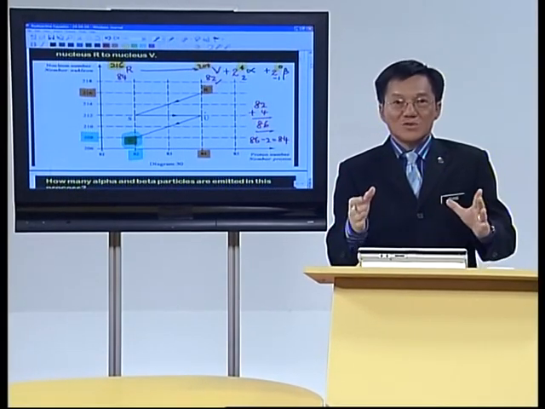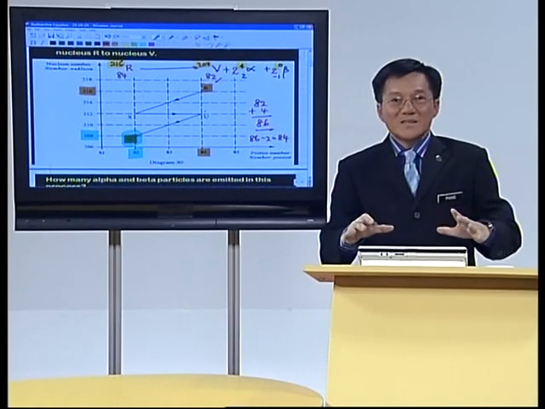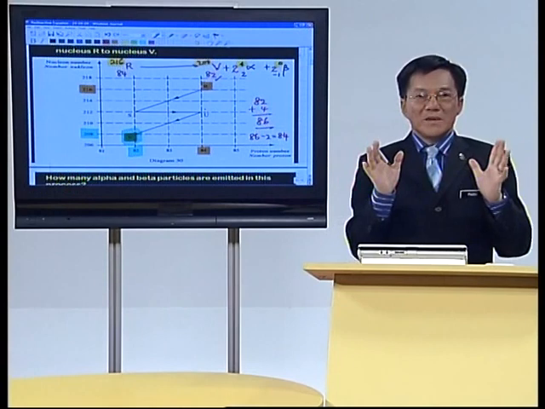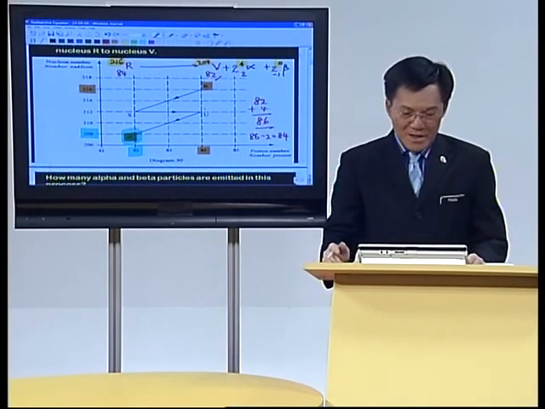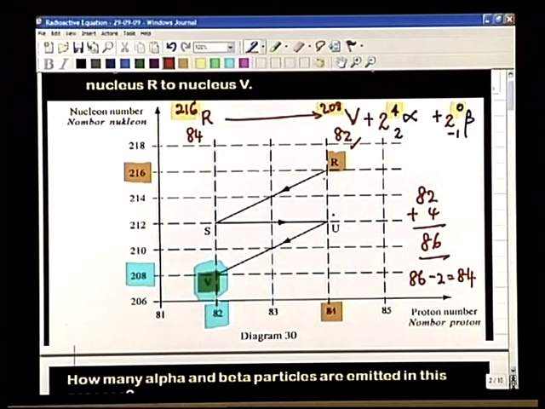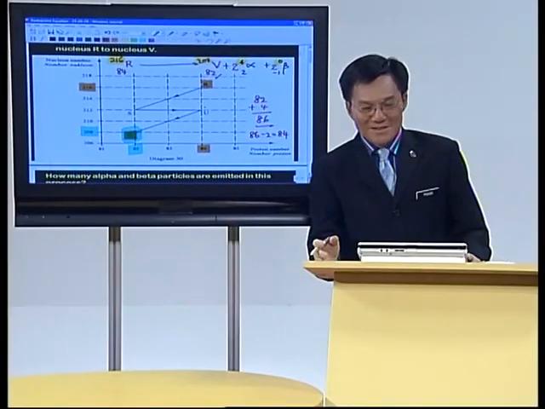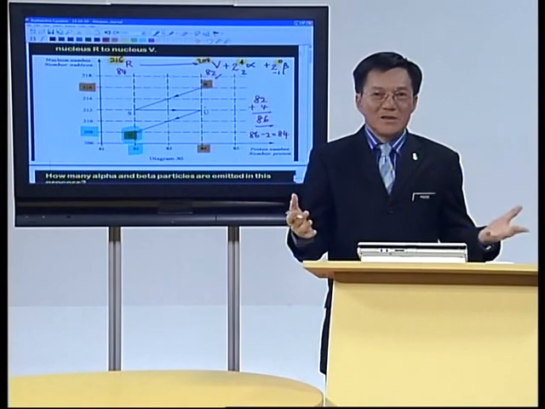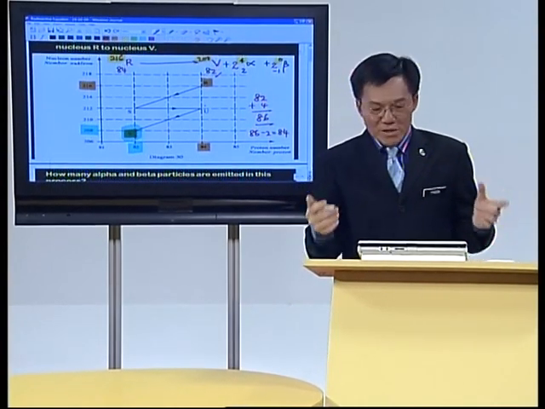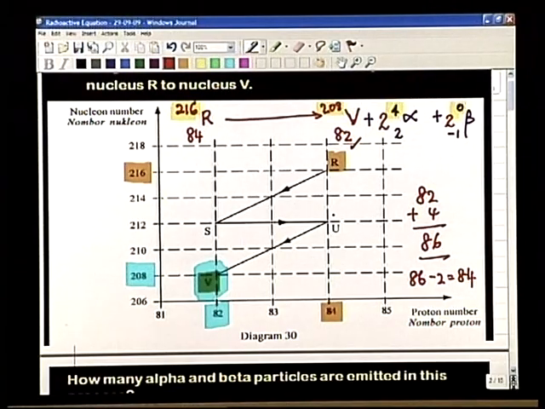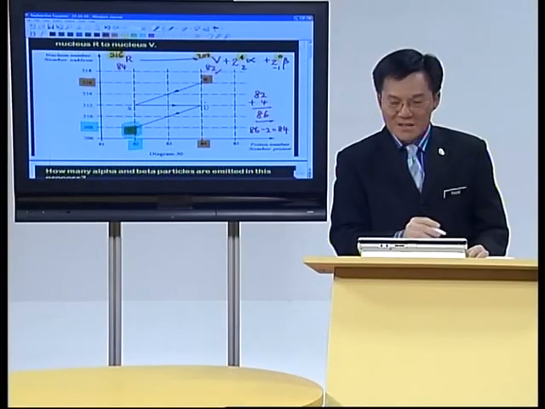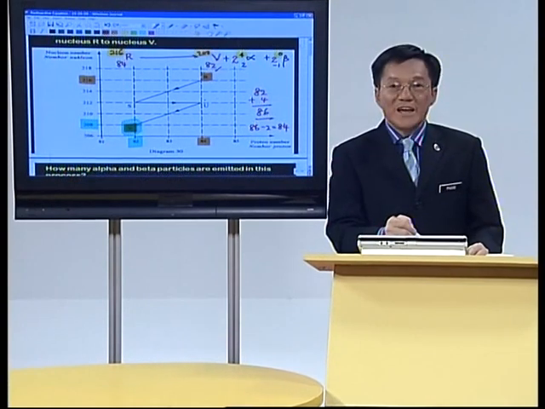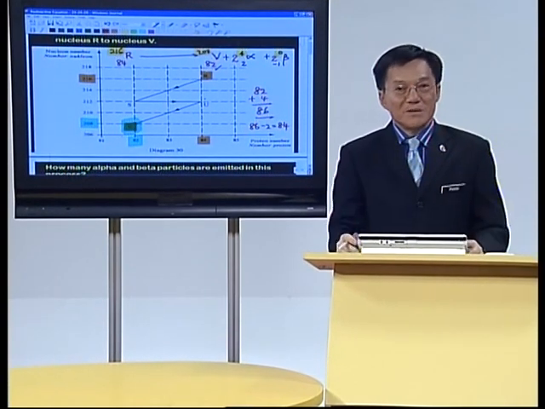And after a while, you notice that, alright, this question is actually very simple. But I'll tell you what the problem is with many a student. They go from R to S. They do the whole process. After that, S to U. Alright, and then they get tied up in knots, all confused. So just remember, if you want to go from R to V, just bypass S and U. Just go from the beginning to the end. Then that becomes very simple.